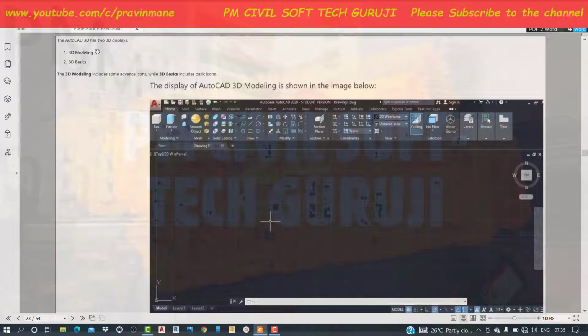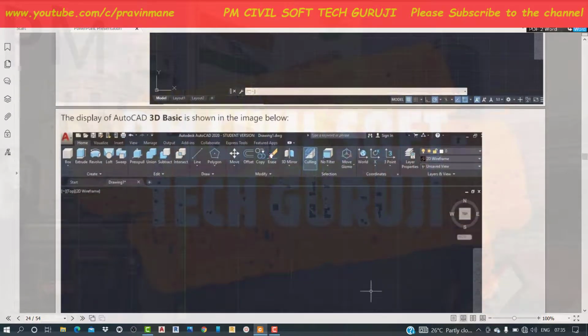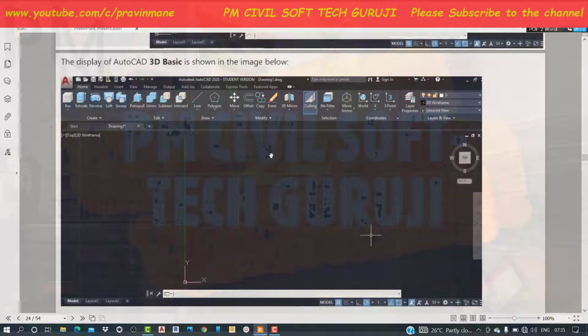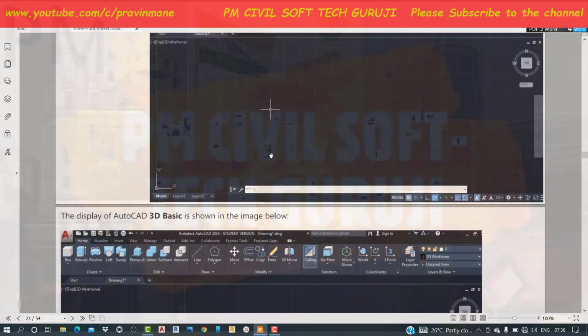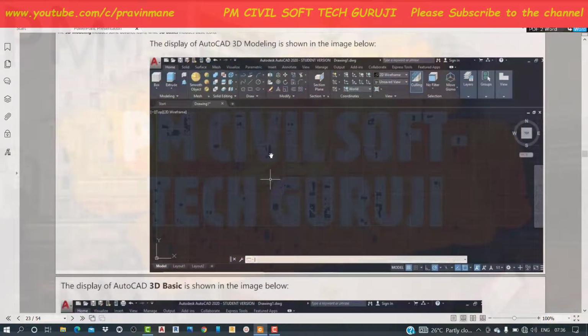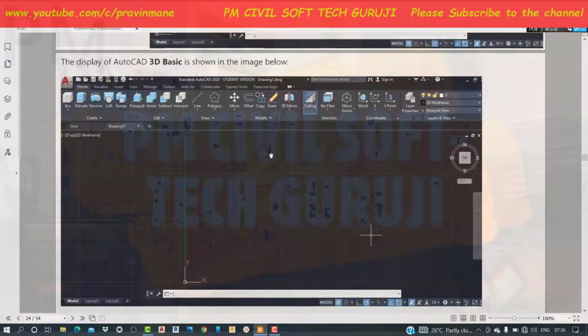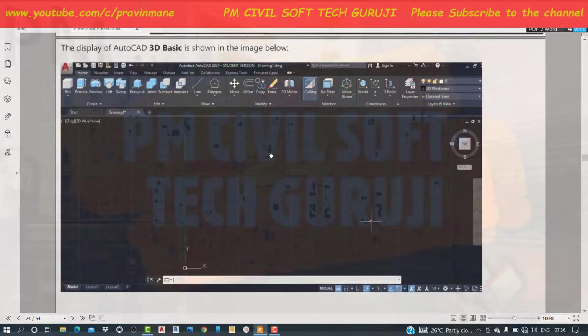Here on the ribbon panel, the software will show different 3D advanced commands. When we select 2D, it will display 2D commands, and this is the 3D basic. So this image is 3D modeling and this image is 3D basic. So 3D basic commands are shown.